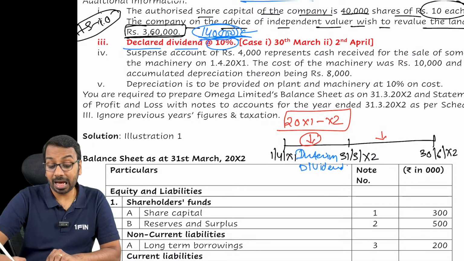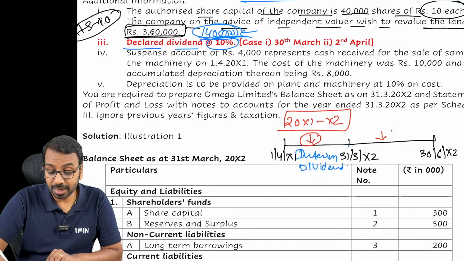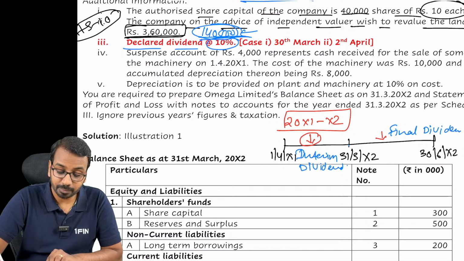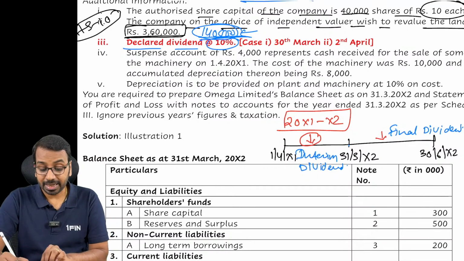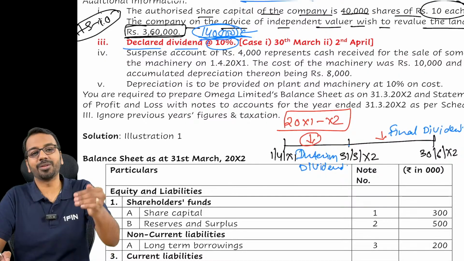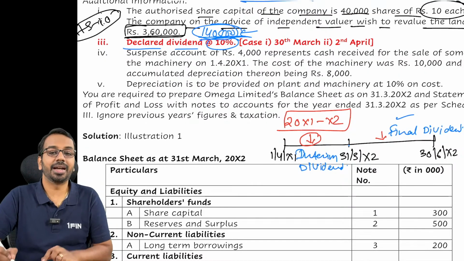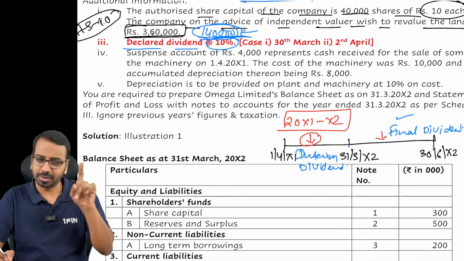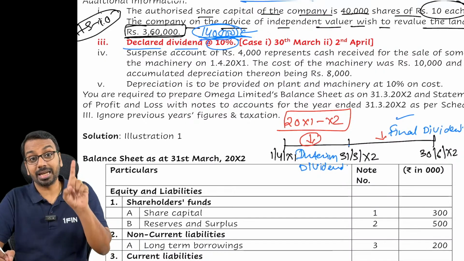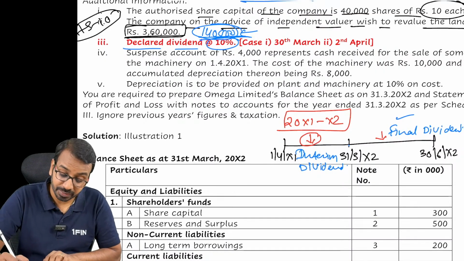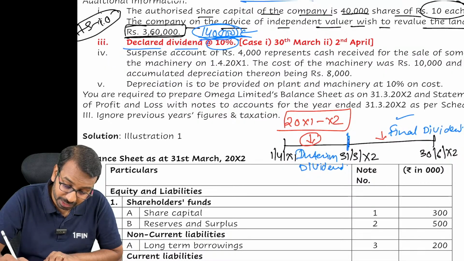If they declare after the financial year, then that is a part of final dividend. Okay. Now, interim dividends can be declared by the board of directors. Final dividend has to be approved by the shareholders. That is one distinction. The second and the most important distinction is,